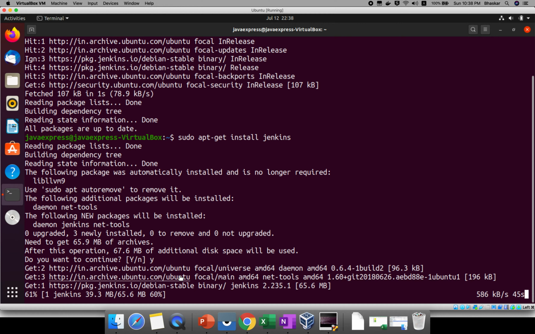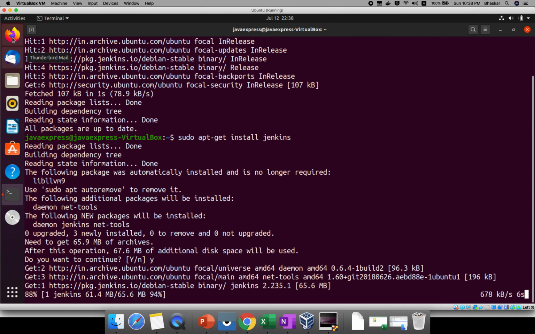If you face any difficulty installing, you can remove the software completely. To remove Jenkins or the JDK completely, I will give those commands in the GitHub repository also. Now it is around 76%, so wait for some time. Around 81, 82.